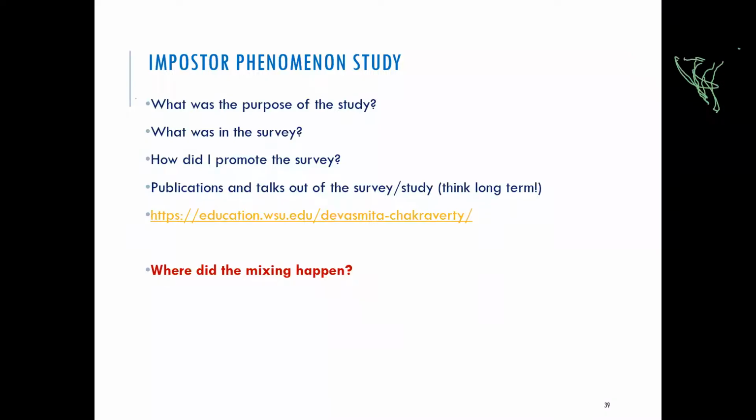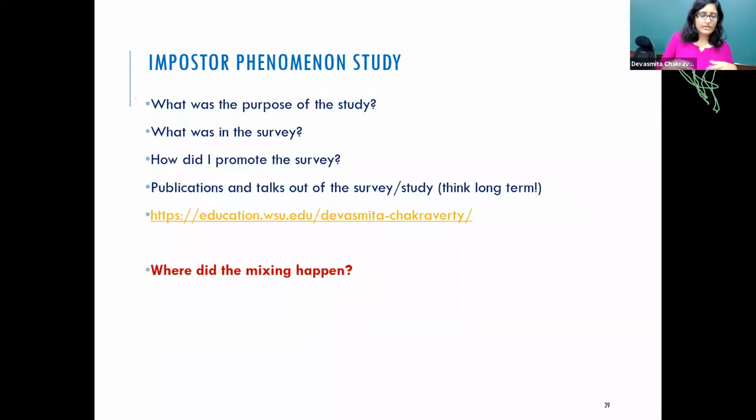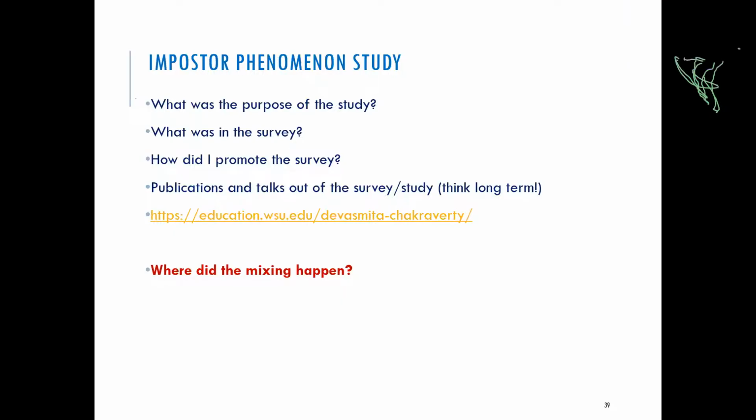Okay. Now, I did various things to promote my survey. I won't go much into it. I went to conferences. I gave them my visiting card with a link to the survey printed at the back. I was also thinking long term. This was not a study for a one-publication kind of study. I wanted to develop my research agenda for the next 5 years, at least, by doing this study. So if you design a mixed method study, I would recommend thinking long term. Don't think short term, because there are multiple things that you can get out of that study.